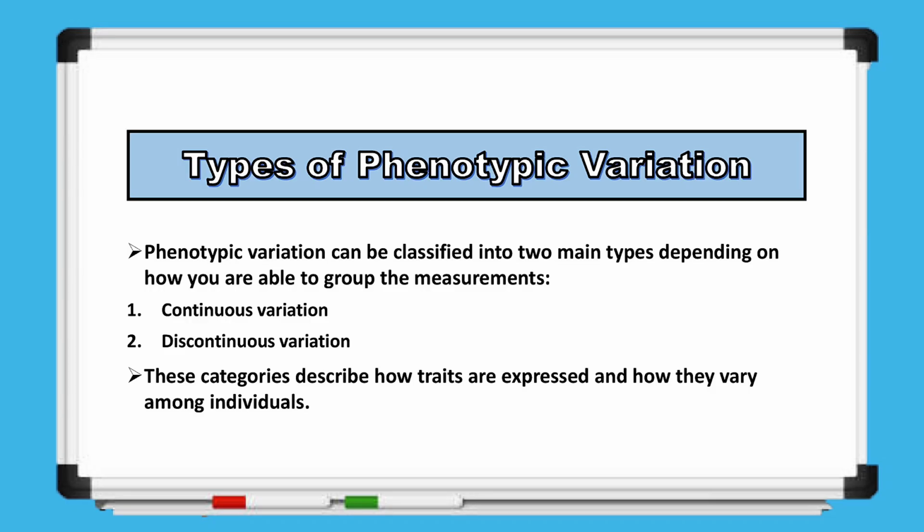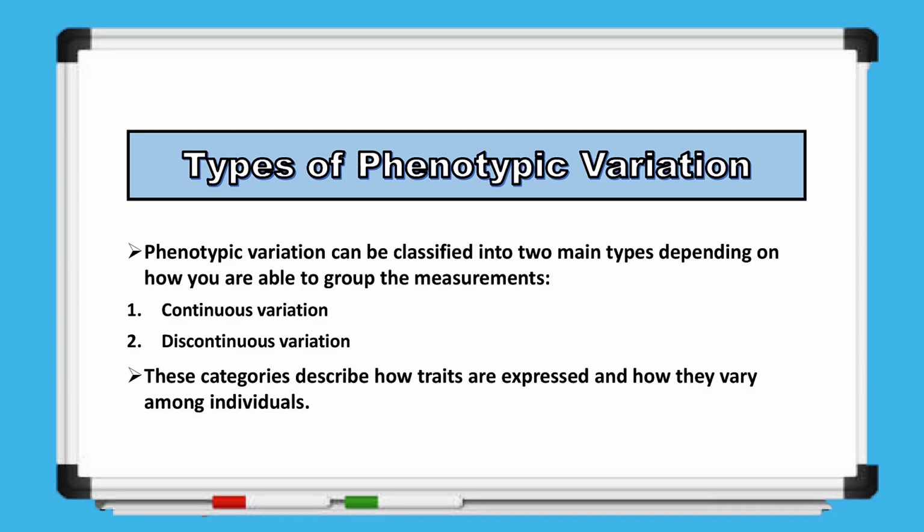In this type, traits show a full range of values, and individuals cannot be placed into separate clear groups. Instead, they gradually vary from one form to another. The second type is discontinuous variation. In this type, traits fall into distinct categories, and individuals can be placed into clear groups with no intermediate forms between them. These two categories help us understand how different characteristics are expressed in living organisms and how they vary